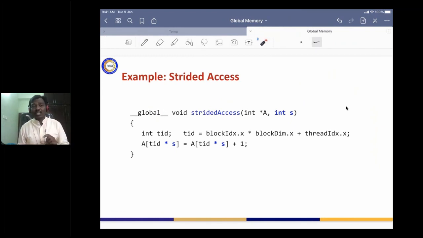Now we are going to understand strided access. In strided access, rather than looking at plus S, we are going to look at multiplied by S. We are discussing what happens when, in your kernel function definition, we slightly change the code. What is the impact on the memory accesses? This is much more wonderful than what we have seen in offset access. Let us discuss the values of S being 1, 2, and so on. What happens?